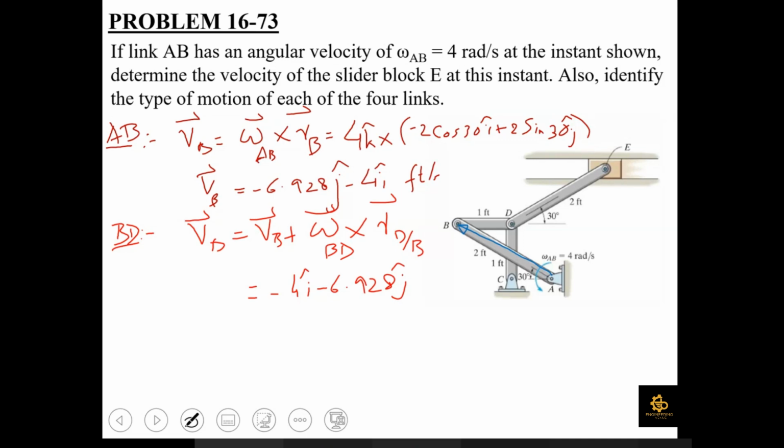Can you judge the direction of omega? कल जो हमने draw किया था, this length BD is rotating in a clockwise or a counterclockwise direction. Can you judge it? Counterclockwise direction. हमने कल discuss किया था, it's going to rotate in a counterclockwise direction. So we can write it as plus omega BD K